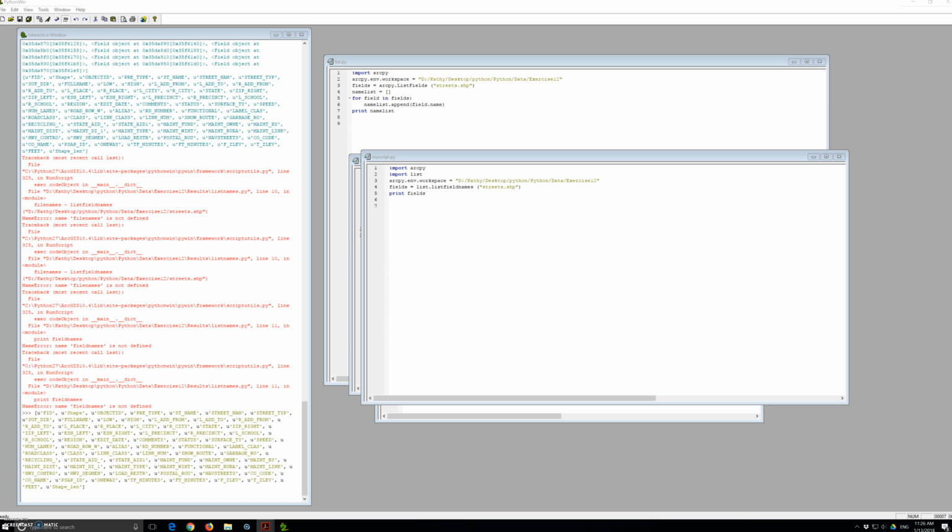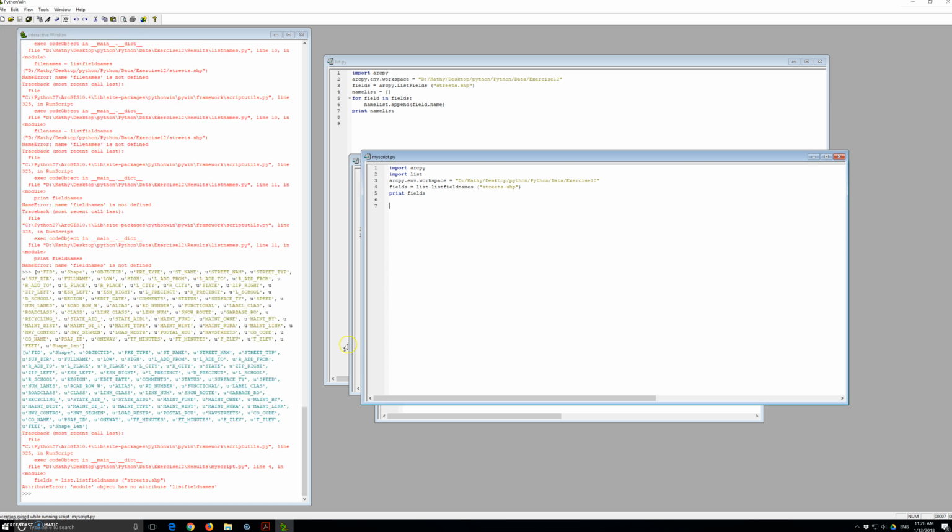So we're going to save and then run. There, field names. Let's see. Field name. Streets shapefile fields. Print fields. Okay, import arcpy, import, line 4. It's right here. Alright. Streets shapefile. List field